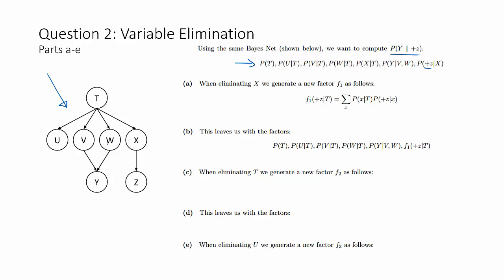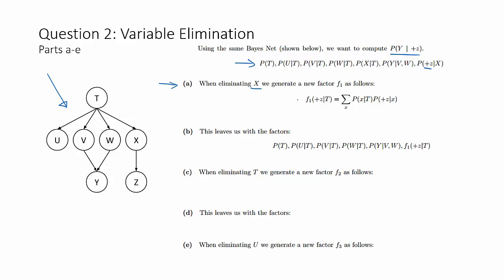Bayes net. We are going to go over all of our hidden variables, and just as a reminder, a hidden variable is just a variable that's neither a query variable nor an evidence variable. So in this Bayes net, we have all the variables that aren't Y or Z. We go over all the hidden variables, so let's start by looking at part A, where we go over the